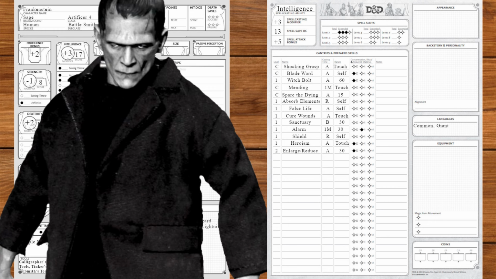An enlarged creature increases in size by 1 category and has advantage on Strength checks and saves. Any attack it makes with an enlarged weapon or unarmed strike deals 1d4 extra damage. A reduced creature decreases in size by 1 category, has disadvantage on Strength checks and saves, and deals 1d4 less damage with reduced weapons and unarmed attacks. Okay, I messed up and it's way too late to fix it now. Obviously what you're going to want to do is draw a blank at this level and then take this spell